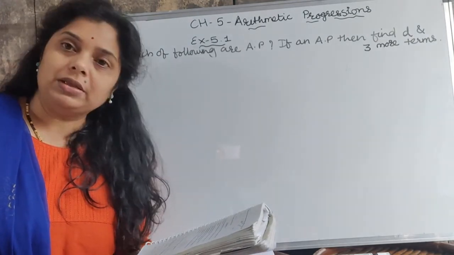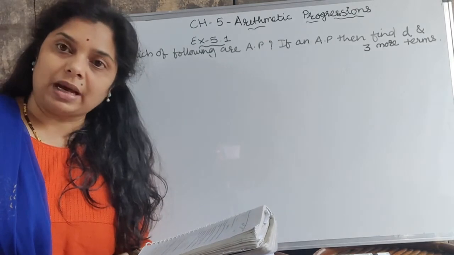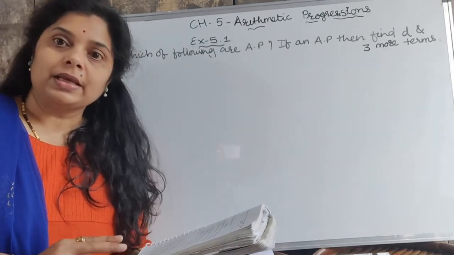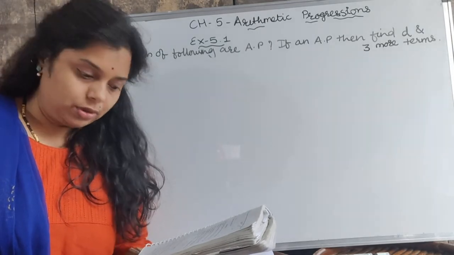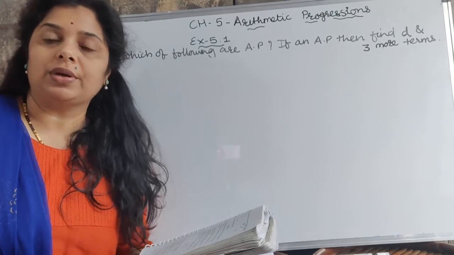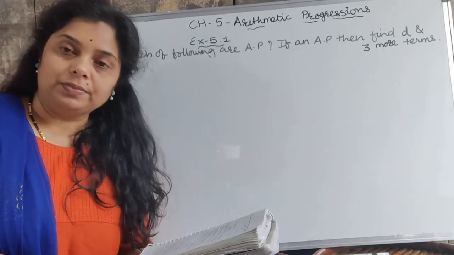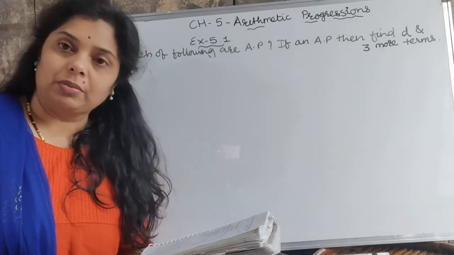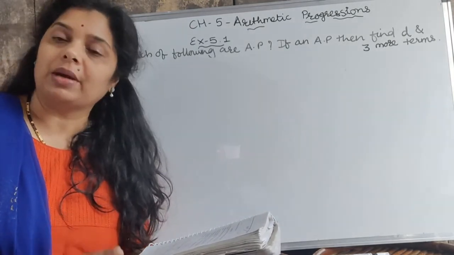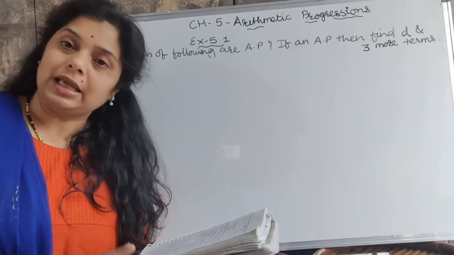So what will be the A5, A6 and A7 terms? A5 is minus 16, A6 is equal to minus 20 and A7 is equal to minus 24. Like that you can do. Now the next, the 8th one. If you see the list of numbers, all numbers are the same. Minus half, minus half, minus half, minus half. It means the common difference is 0. So this is an AP.